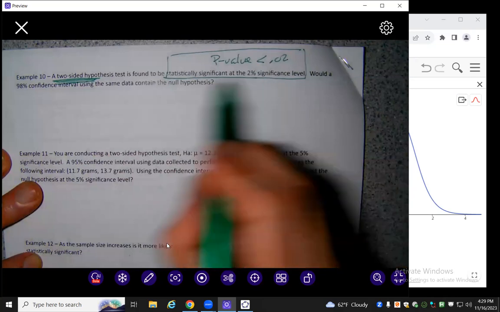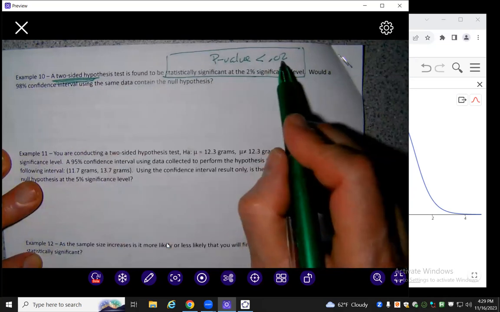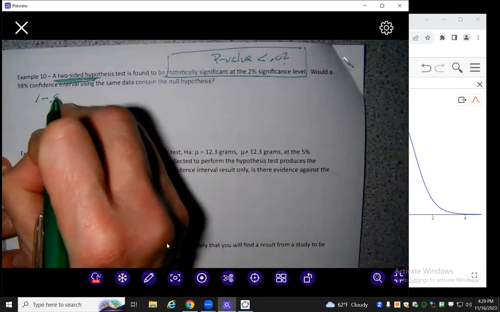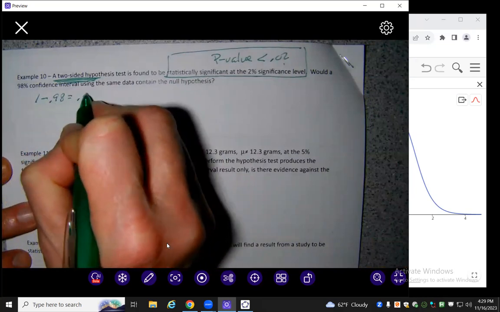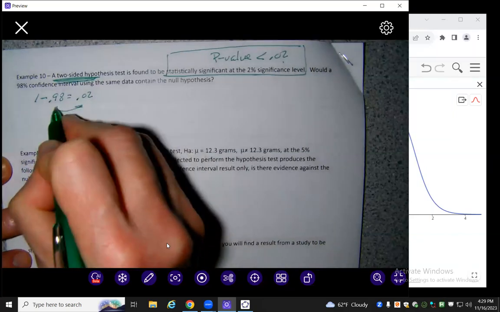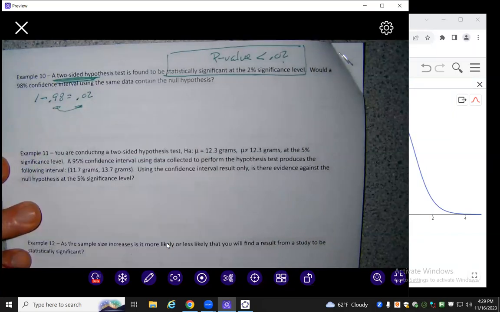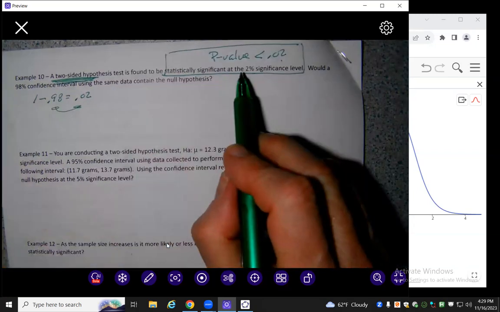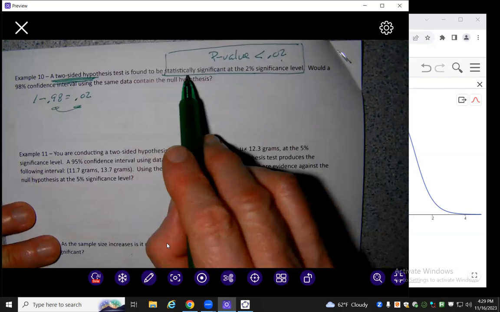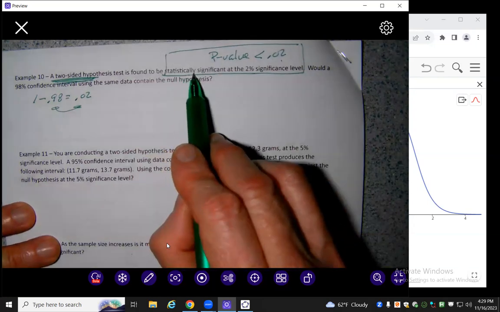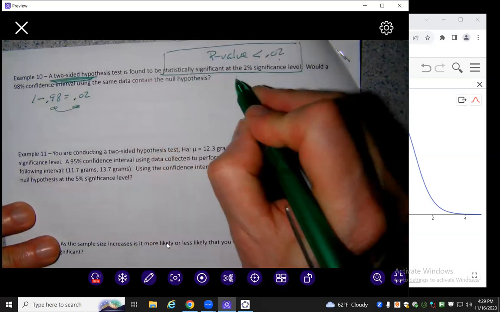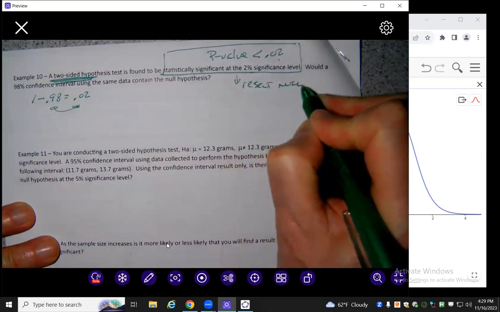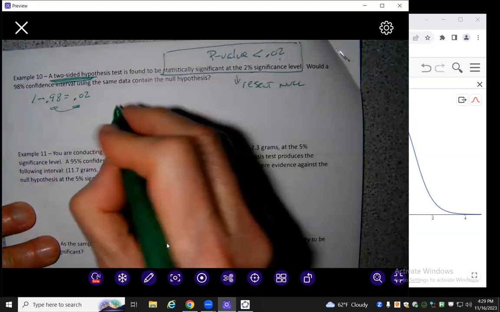Well, since it's two-sided, the question is, are these two complementary? And you can see they are, right? 1 minus 0.98 equals 0.02. So the two are complements of each other. We meet the condition. So if we found the result statistically significant, it means we reject the null. Which means that if we create a confidence interval,